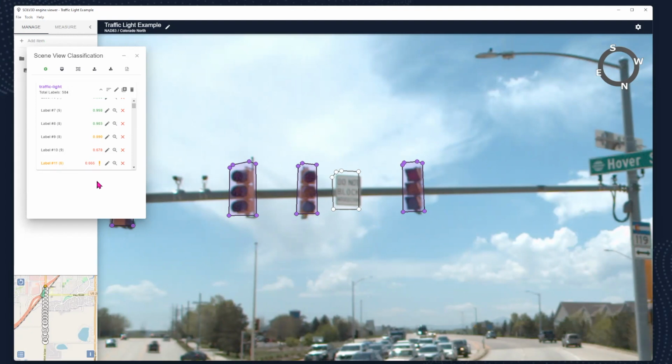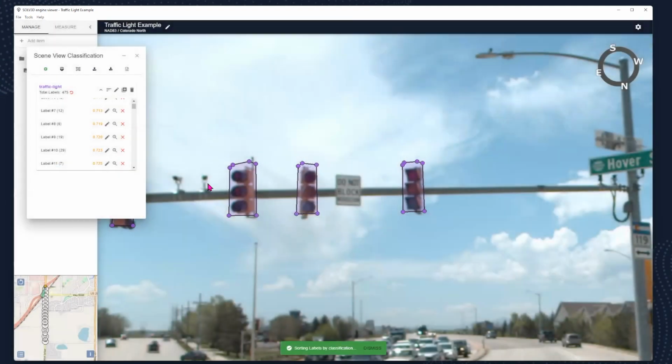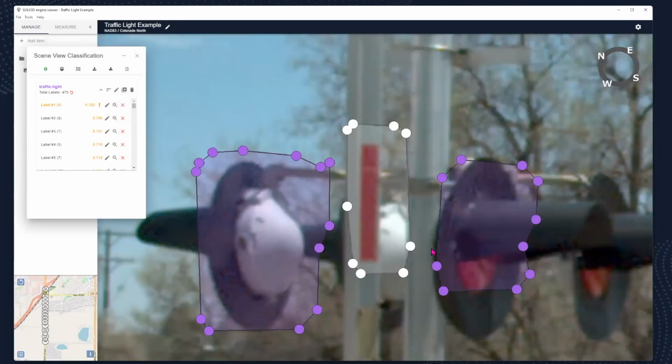Yeah. So what can you do with these results? A couple things. So there's a sort by classification score button here. If I click that, I can now set the filter on the lower range of where I want to cut off the label. So I can see that 0.6 might not be very good. Let's try another value like 0.7. And I'm going to sort by low to high just so I can see them here. Hit submit. If I scroll to the top, we can look at one of these 0.7s and go,